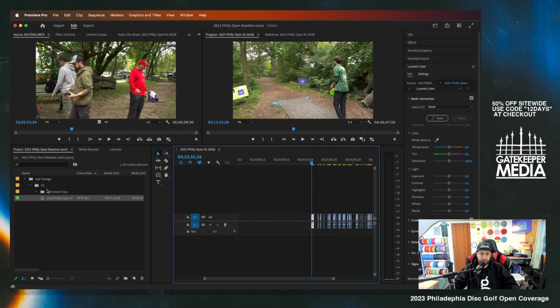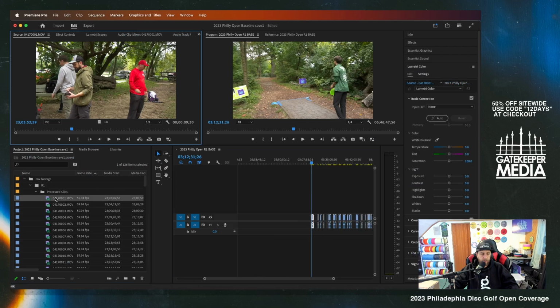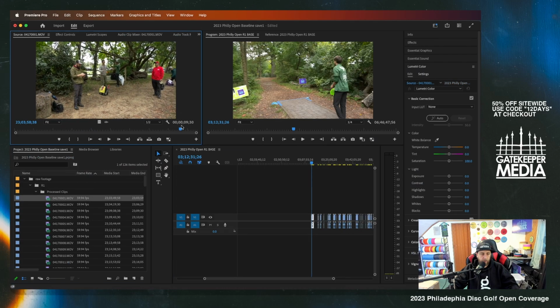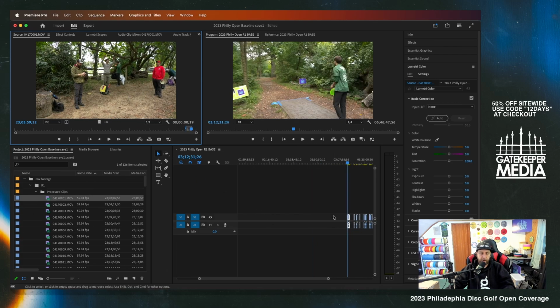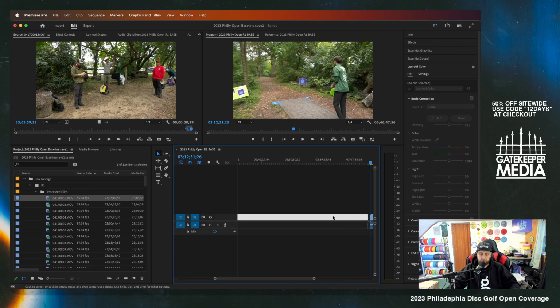So you can see it's a lot easier than just dragging each one in, cutting it. I could have gone through and watched this, set my in and out points, and then dragged it in and done an old style way of editing. It's just a nice way to get everything on your timeline. From here with single cam,